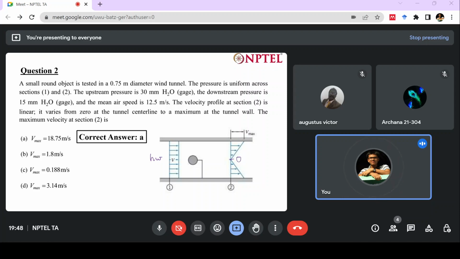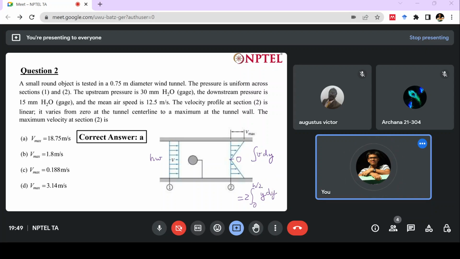So what we have to do right now is find the integral of V dy, and this V function is linear up to the center line and again linear. Because of this symmetry, I can simply write this as 2 times the integral from 0 to h by 2 of